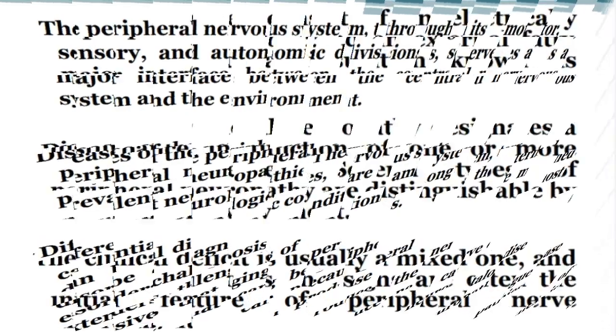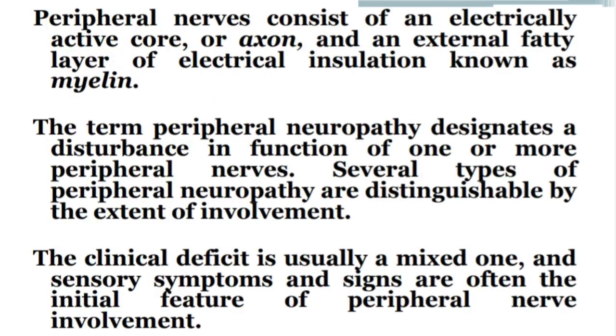The peripheral nerve consists of an electrically active core or axon and an external fatty layer of electrical insulation known as myelin. The axonal integrity is critical to the action potential propagation along the cellular membranes of either motor or sensory nerve. Injury to the axon at any point along its course may block transmission. Myelin is also critical to impulse transmission along the length of the axon and increases conduction velocity through saltatory conduction,